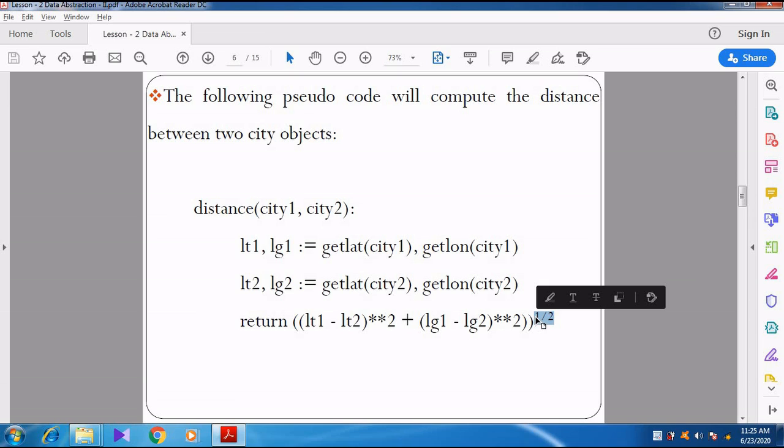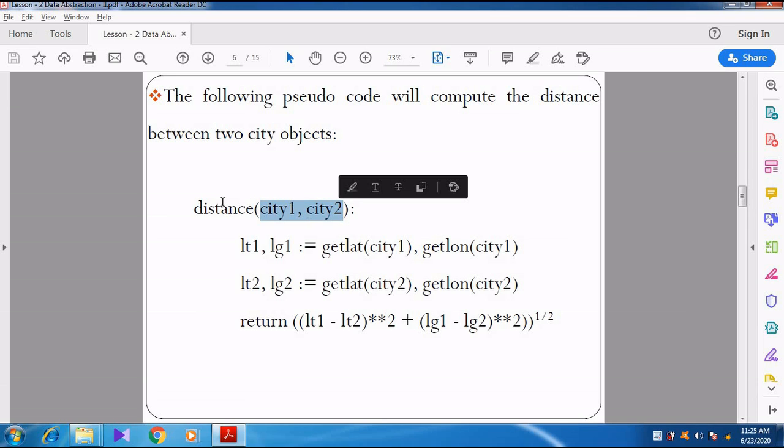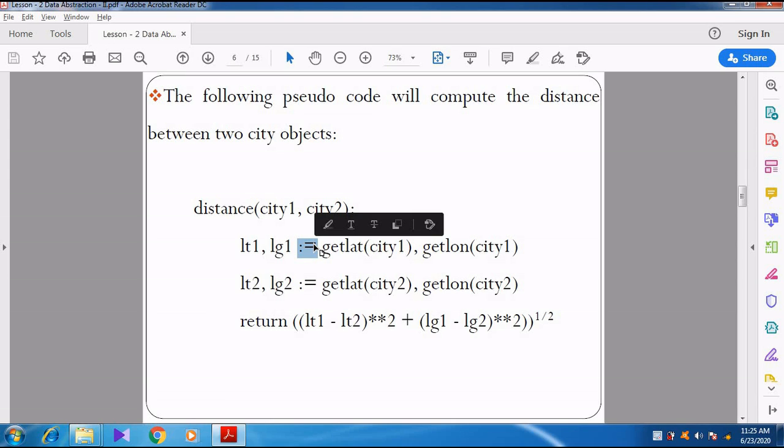So here we want to note down only one thing. Here city 1 and city 2 values are passed as parameters to one function called distance. And the symbol here is called assigned as or becomes, right?